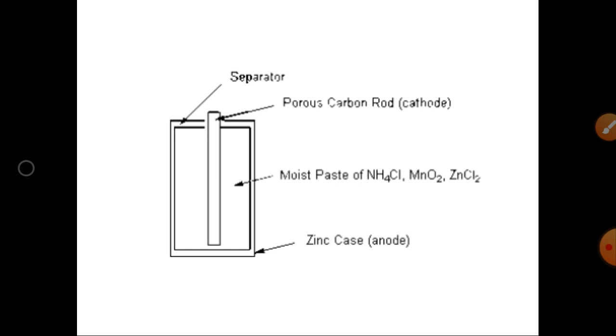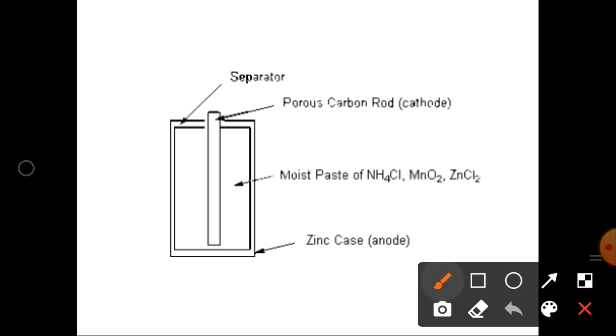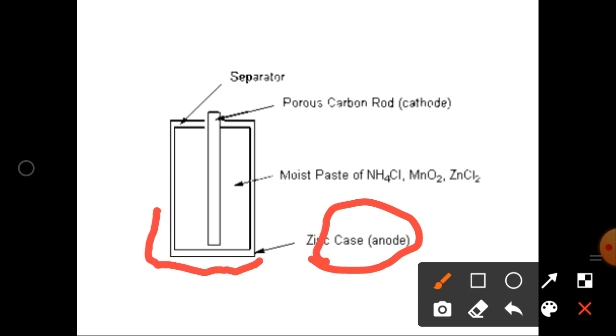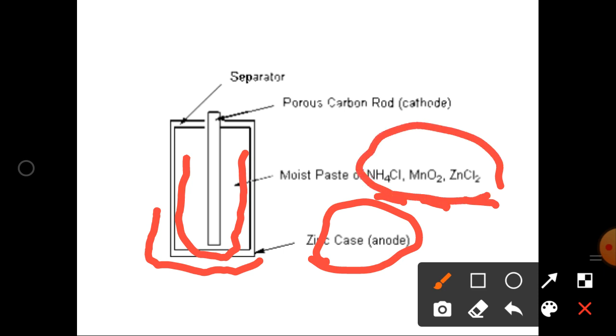See this diagram, it shows what we can view. The zinc casing acts as the anode. The outer zinc casing acts as the anode, that is one of the electrodes, and in the tank itself we have the mixture of ammonium chloride, manganese dioxide, and zinc chloride. These all act as the electrolyte, and this carbon rod acts as the cathode,